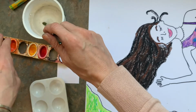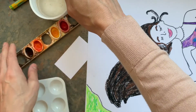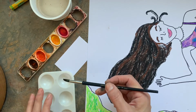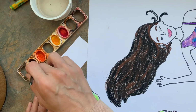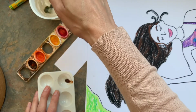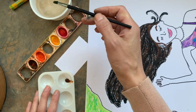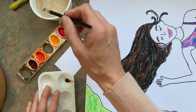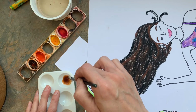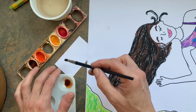If you want to mix your skin color, let's review how to do that. You're going to take your watercolor and you're going to get some brown. No matter what skin tone is, you want to start with some brown. Put it in your palette and rinse Mr. Brush. La-di-da-di-da. Then, after he's done with his nice relaxing bath, he's going to dip into one of these other colors. I'm going to put a little orange in mine, and then I'm going to go ahead and test it